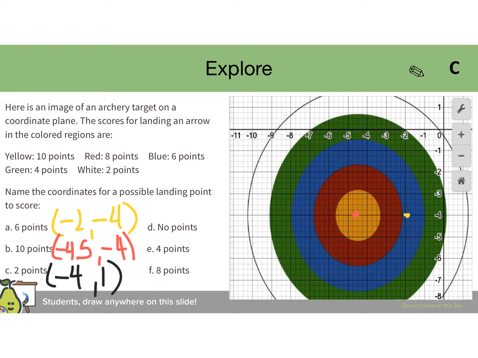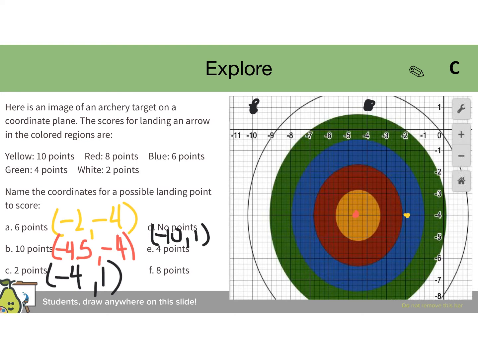And so we'll go ahead and plot it right there, approximately. An example score for no points would be negative 10 comma positive 1. So we'll go ahead and plot that. And you should point out to students how it's outside of the white circle, which is indicated by the black